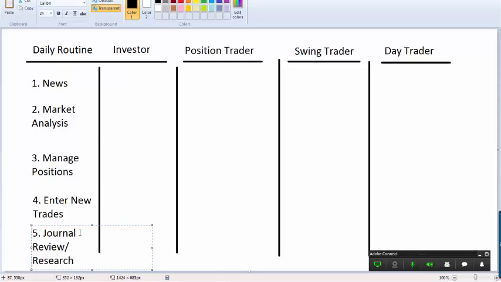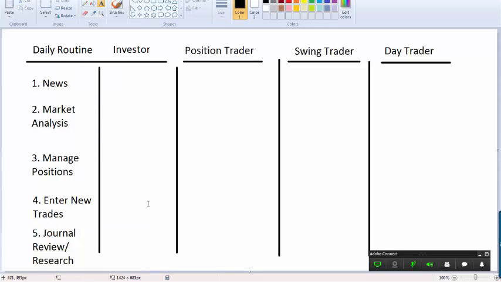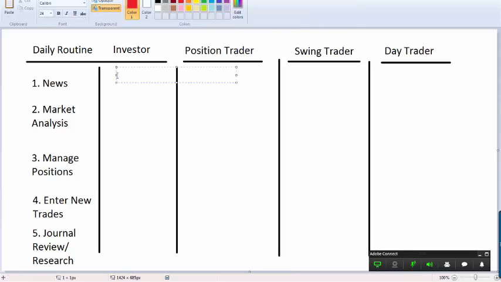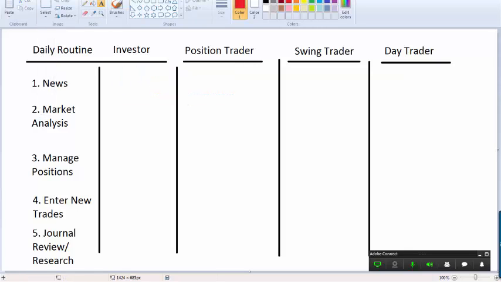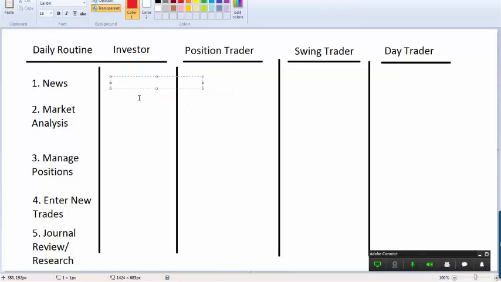I'm going to move that right here. Okay. Let's start with the investor. Obviously, where you get the news and what news you look at is very different as an investor than as a day trader. The news may come from different sources. There are a couple of things that I would say. Number one, you're going to look more for long-term. You're going to look at market behavior. And I'm going to reduce this down just a little bit. Okay, so more long-term news.